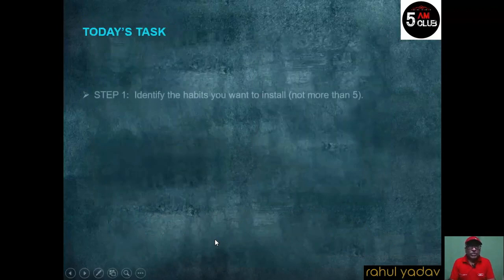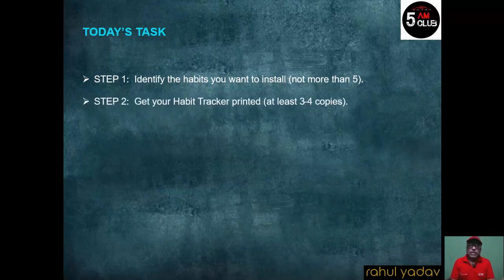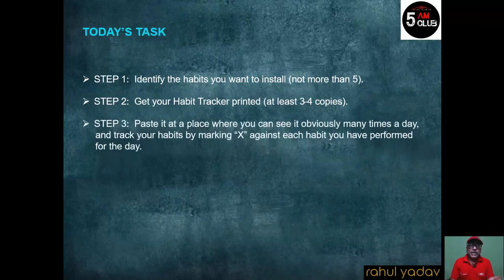And today's task is: step 1, identify the habit you want to install, not more than 5. Step 2 is get your habit tracker printed, at least 3 to 4 copies as I said. And step 3 is paste it somewhere where you can see it very easily, very obviously, every single day, many times, so that you can remind yourself that you are already tracking something.